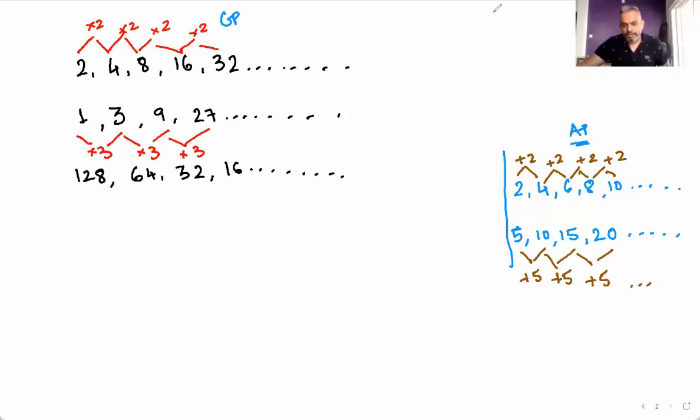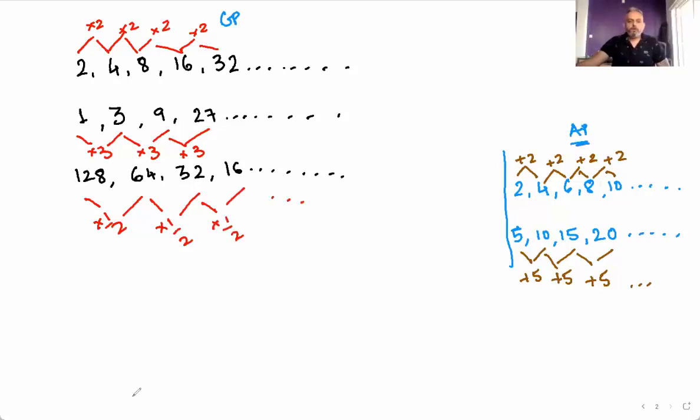Now over here, ध्यान देना please. ध्यान देना यहाँ पे we start with 128. So 128 into 1 by 2, 64 into 1 by 2, 32 into 1 by 2, 16,